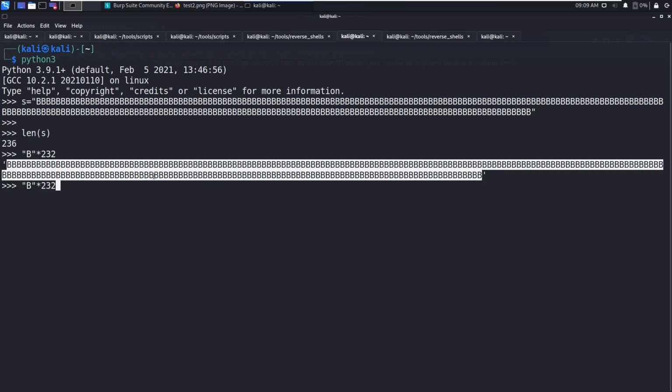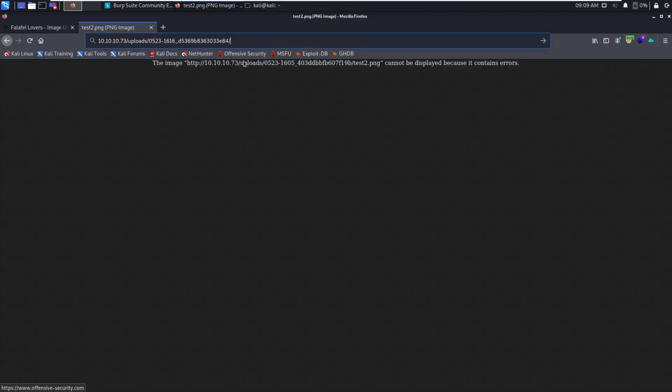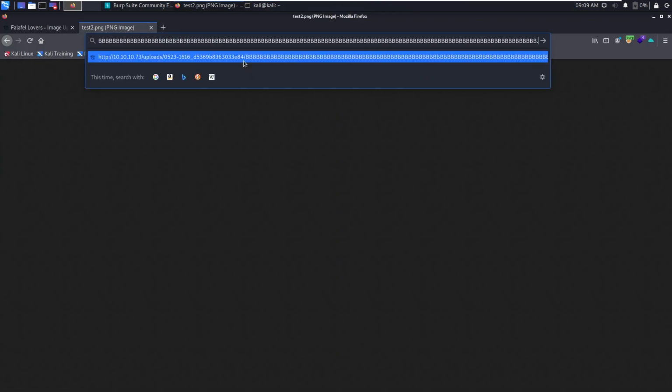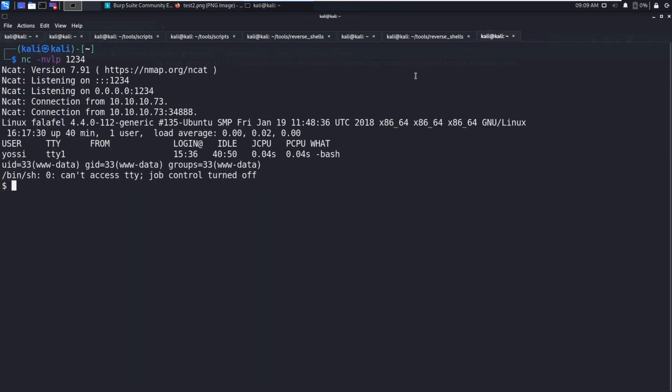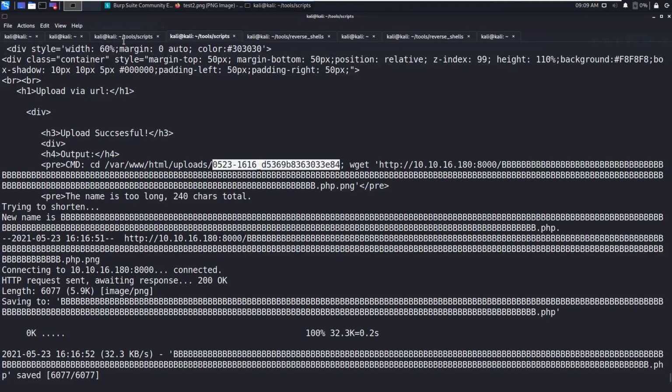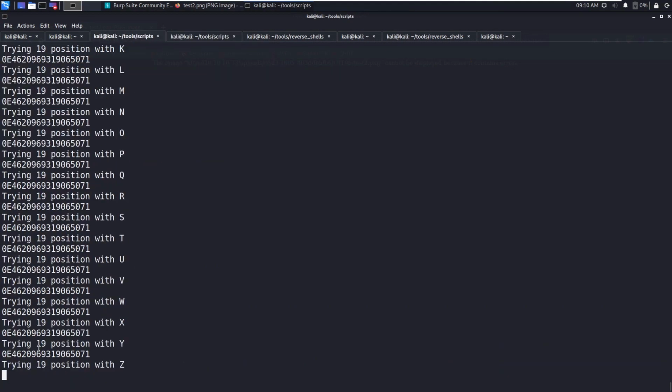So these 232 bs, paste the bs and .php. Now hit enter. We should see the shell. So you can see whoami. So we are www-data, and let's see our positions. So we have cracked the 18 positions up to here.